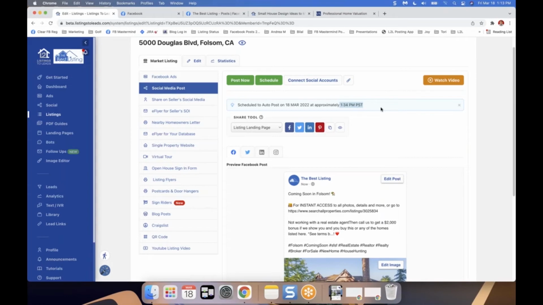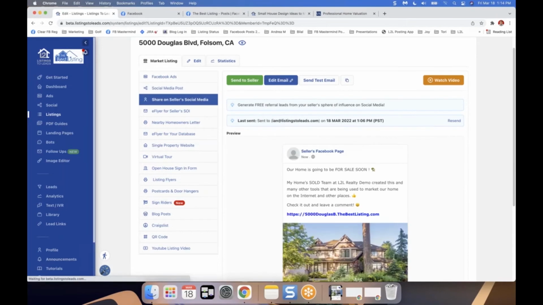But when it auto posts, only people for the most part that are already associated with that social media account would ever see it. So it's not like a lot of people are going to see a post, right? It's that ad that most people are going to see. Next up,